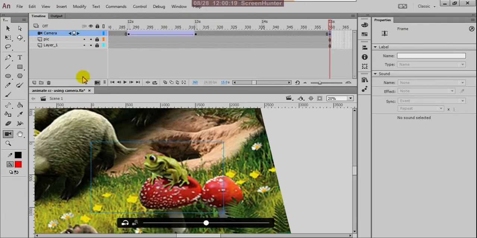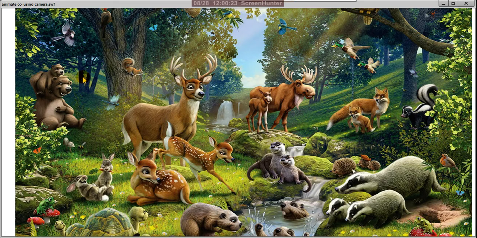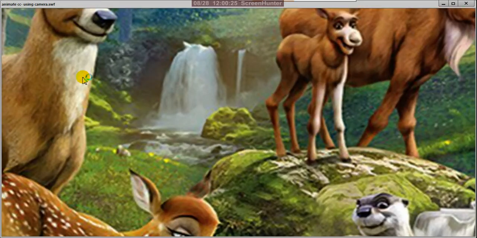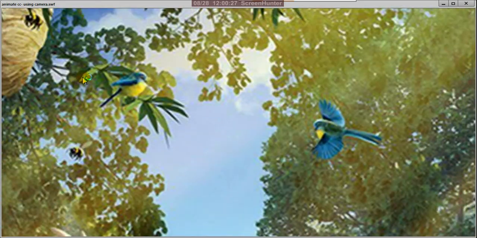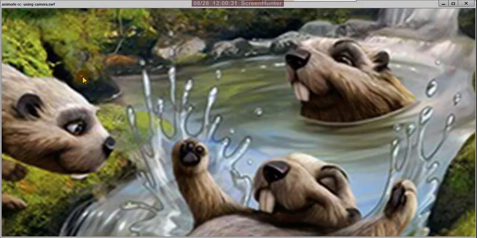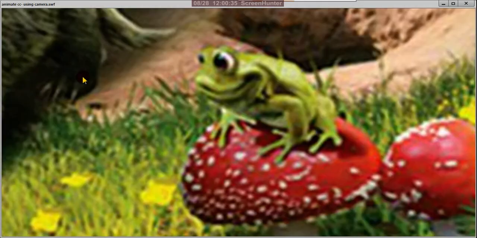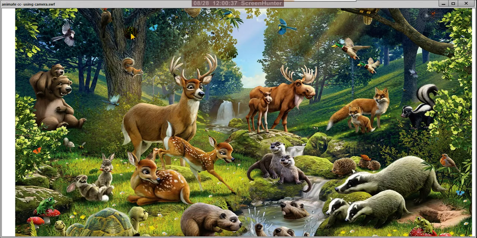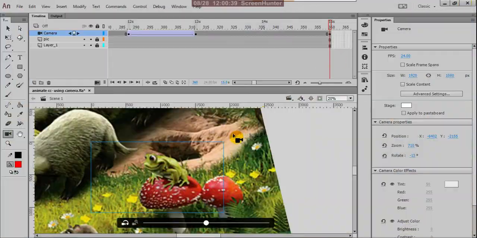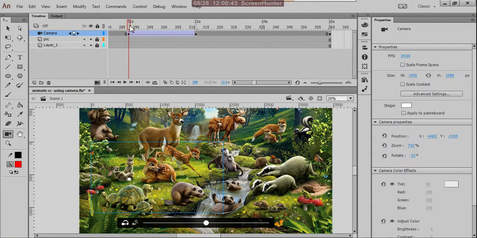Yes, suppose Control Enter, you can check what will happen. See this, as per the camera guidelines, we are giving the proper